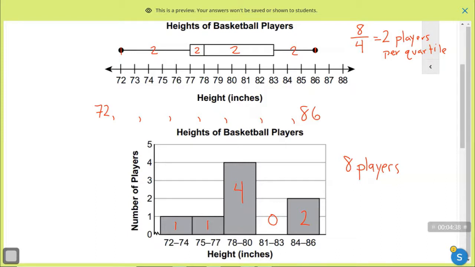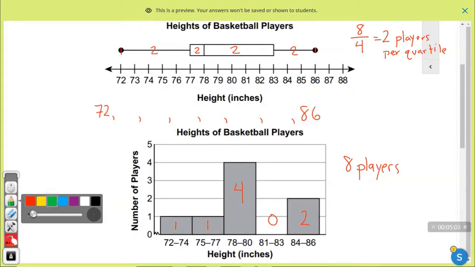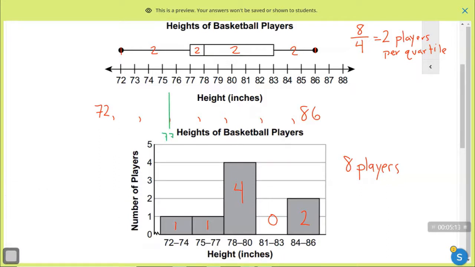Now, here's the issue. The median, the lower quartile, and the upper quartile are always found by marking off equal amounts on either side. Given that we have an exact number in each section, because 8 divided by 4 was 2, I have 2 in each section. That means that my lower quartile is not going to be guaranteed to be an actual piece of data in my set. I know it's going to be between these 2 values right here. That's 77. I know my median is going to be between these 2 values right here. That's 78. And I know my,